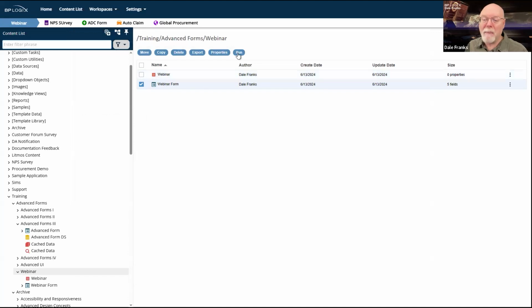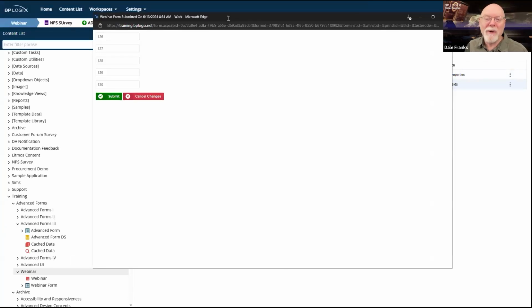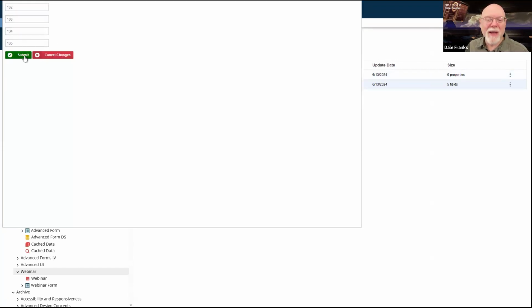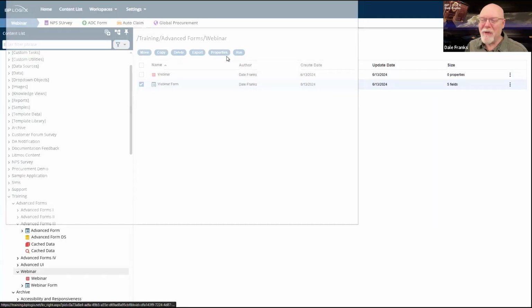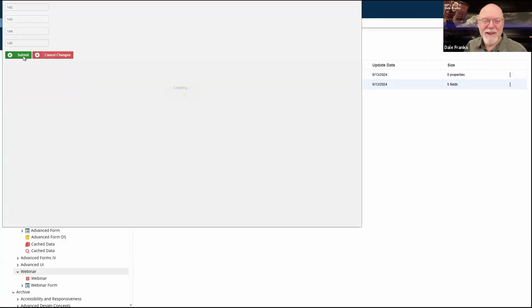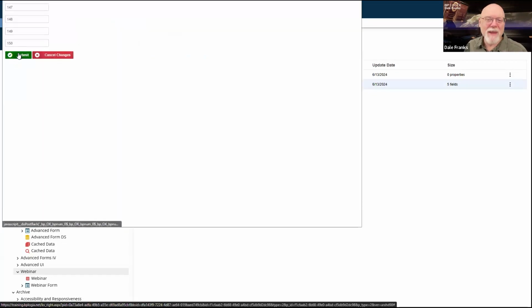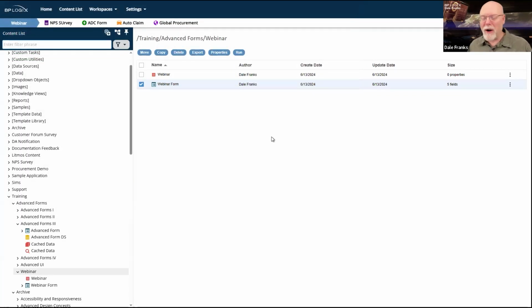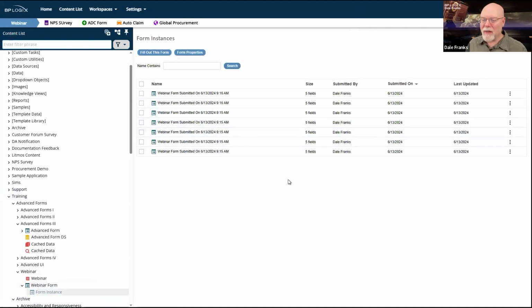I was smart enough to autofill all of the stuff in this form so that all I had to do is run the form and submit it. And I can get several form instances without you having to watch me type gibberish into form fields. I'm basically just using a sequence number to autofill some form fields. That should be enough for the moment. And if we look now on our webinar form, we can see I've got all of these form instances, they're all filled out, and that's great. There's only one problem. They don't exist in the cache yet.